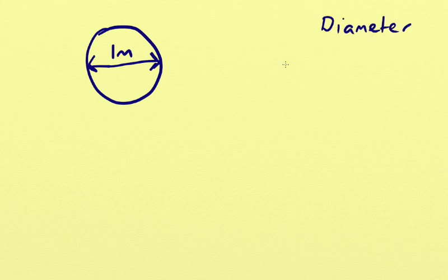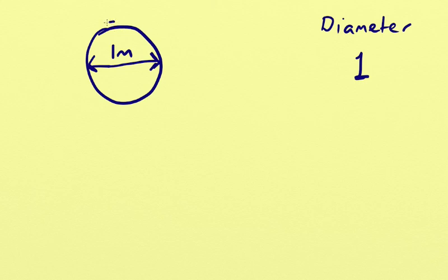There's one. What they did to start with, they said, right, let's measure how far that circle is across. And it just so happened to be 1 meter across. That measurement just there is called its diameter. So if its diameter is 1 meter,